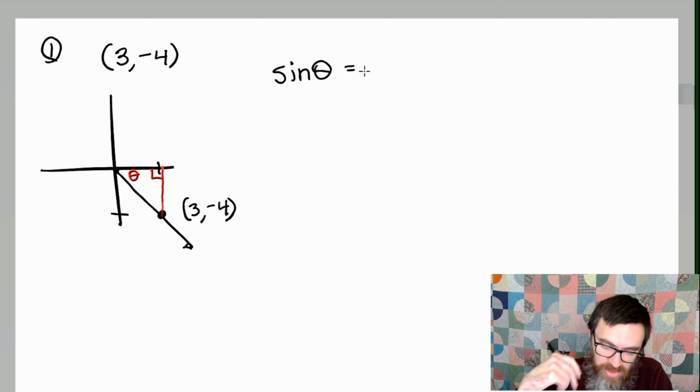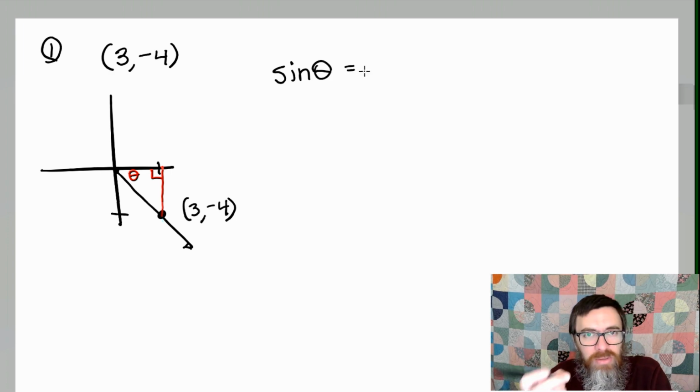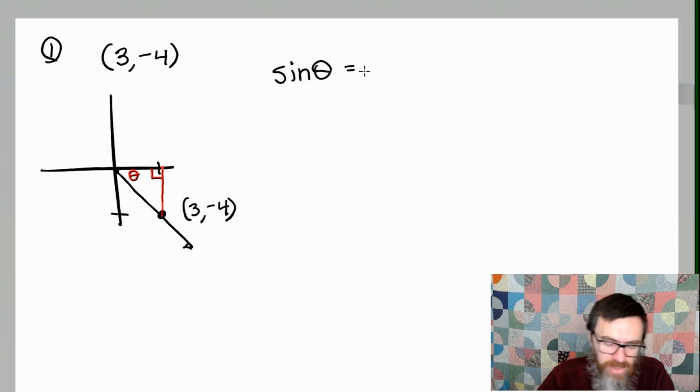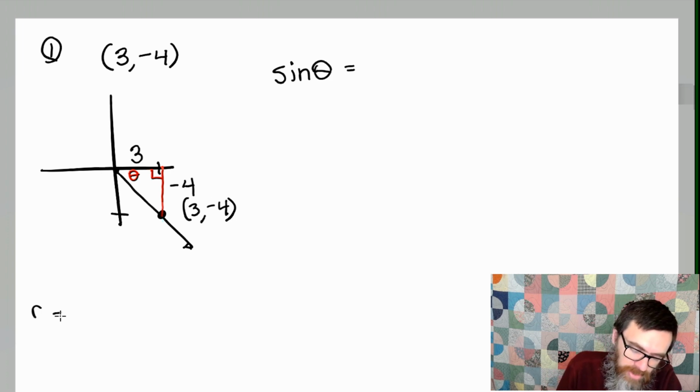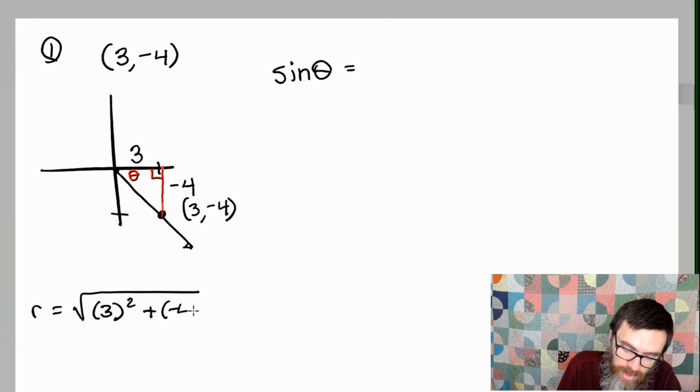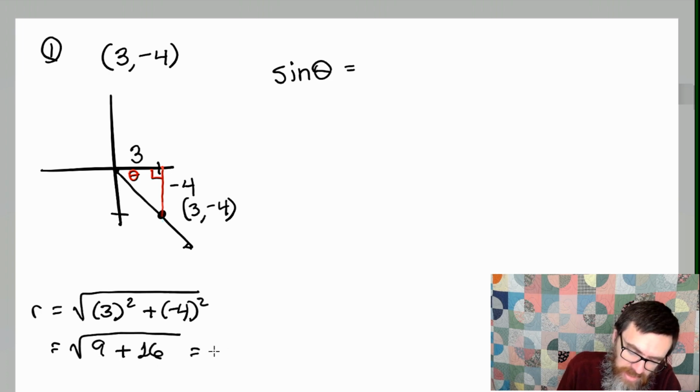Well, sine is going to be opposite over hypotenuse, so we should probably label this triangle first, right? Now, since we have the ordered pair 3, -4, that means that your x value is 3, your y value is -4, and if we do the Pythagorean theorem, we can find our value for r. So that's going to be taking the square root of the sum of 3 squared and -4 squared. All right, so that gives me 9 plus 16, which is the square root of 25, and that equals 5,